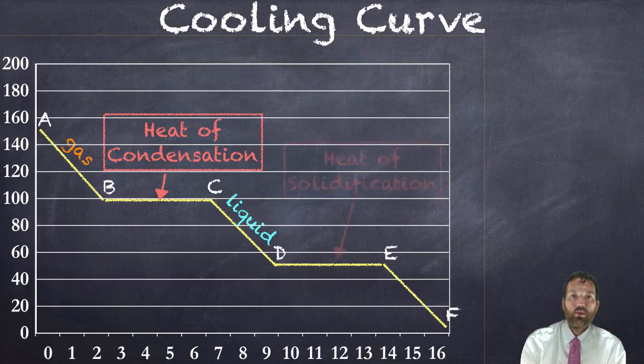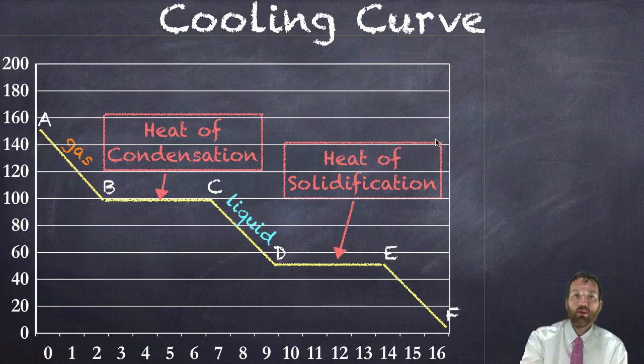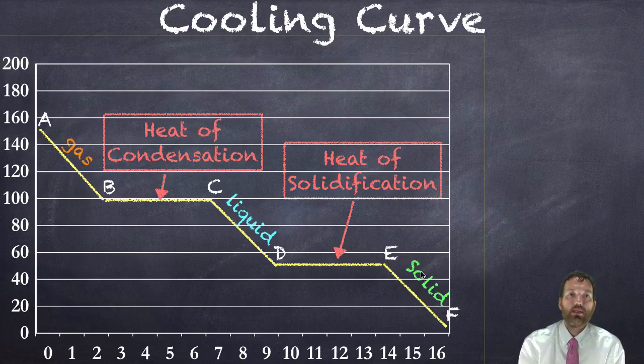And then from D to E, we are freezing. We've reached the heat of solidification, and we're freezing the liquid throughout the process, throughout this line D to E. By the time we get to E, we're 100% solid, and we're just cooling down the solid for the last couple of minutes. So the idea is the same. The states of matter are always on the slanted lines. It's just we're starting with a gas and cooling to a solid rather than starting with a solid and heating to a gas. These things will change, so we're condensing instead of vaporizing, and we're solidifying instead of reaching the heat of fusion. But the idea is just the same.